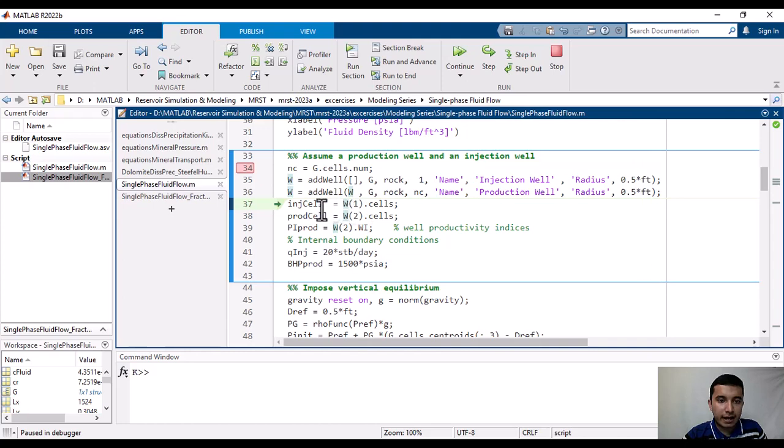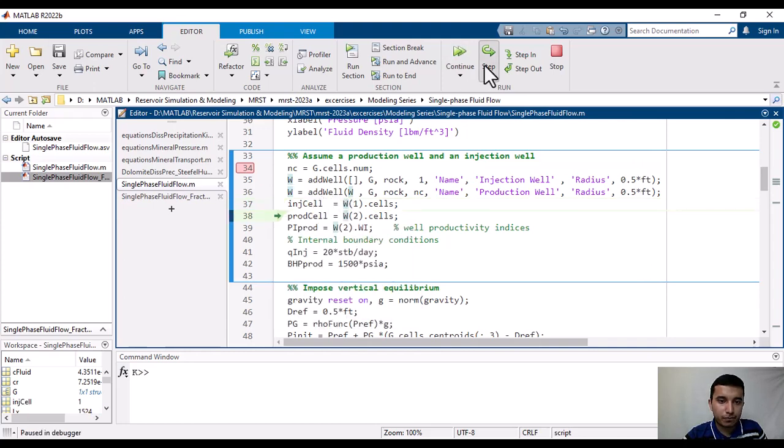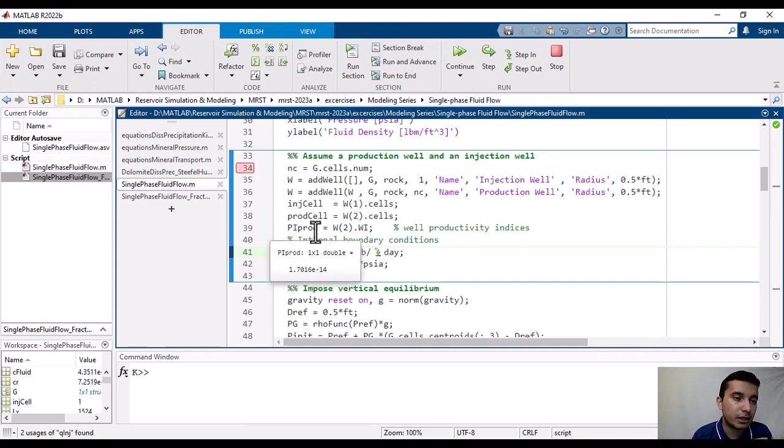In this line, I have received the index of the cell in which actually the injection well is perforated, and this is the same for the production well. All right, here I have actually received the productivity index of the production well. Why? I need this value because I'm going to calculate the production rate. All right,